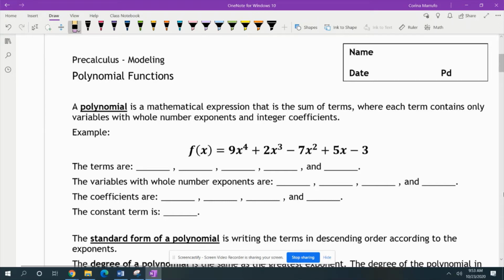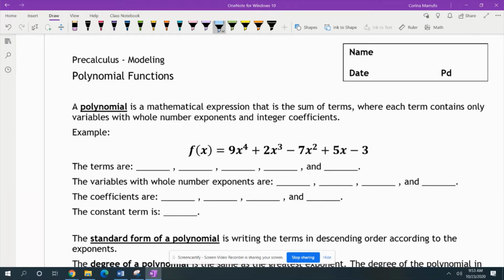All right, so for today, we're going to be covering polynomial functions. A polynomial is a mathematical expression that is the sum of terms, where each term contains only variables with whole number exponents and integer coefficients. So for example here,